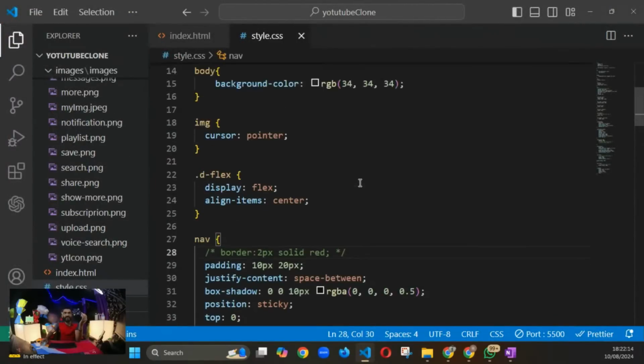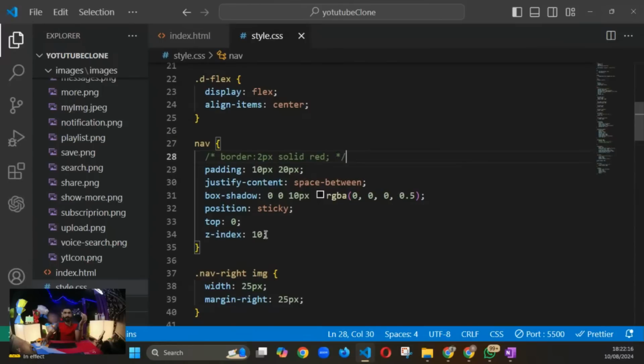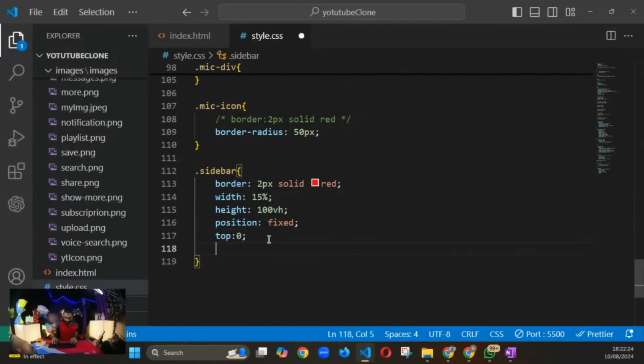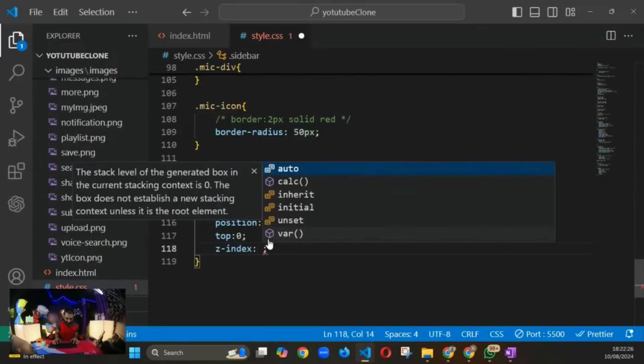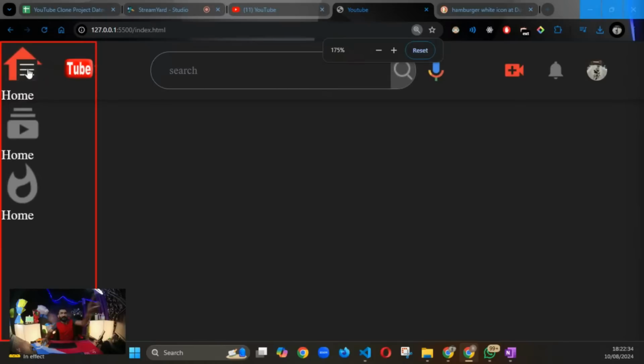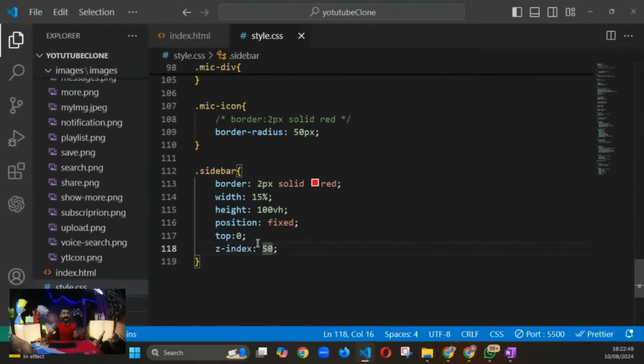और instead what I should give, लेट अस गिव से 100, राइट, इसको 100 देते हैं, और जो मेरा साइड बार है इसको मैं z इंडेक्स देता हूं, z इंडेक्स टू 50 सपोज, राइट। लेट्स सी, ये देखो, इफ यू गाइज आर एबल टू सी, ये देख रहे हो, माय हैमबर्गर इज अबव दिस इमेज, कैन यू सी इट, कैन यू सी माय हैमबर्गर इज अबव दैट होम आइकन, राइट। सो दैट इज व्हाट आई वांटेड, है ना, यही तो चाहिए था मेरे को कि वो उसके ऊपर आ जाए, और वो उसके ऊपर आ भी गया, राइट।